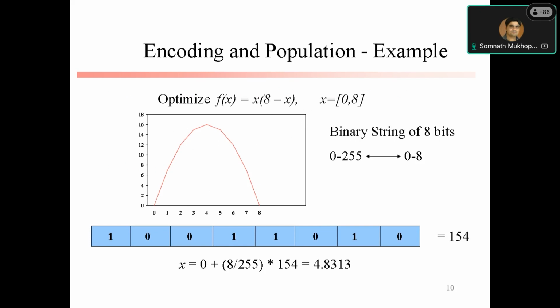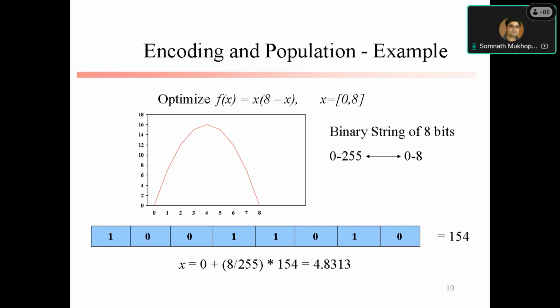Suppose this is the problem: f(x) equals some function where x is defined in a particular range. If we use a binary coded genetic algorithm, here x can be represented by using some bits. Here the value of x is in between 0 to 8. A simple thought process says that it is a very simple problem, because we optimize f(x) equals x into 8 minus x,